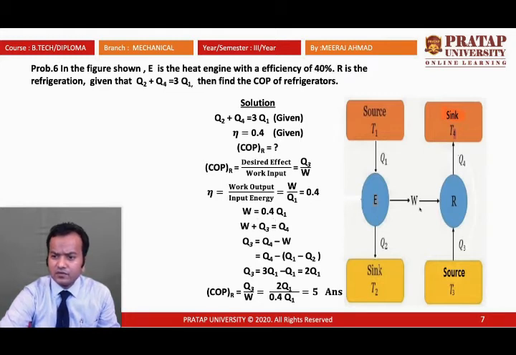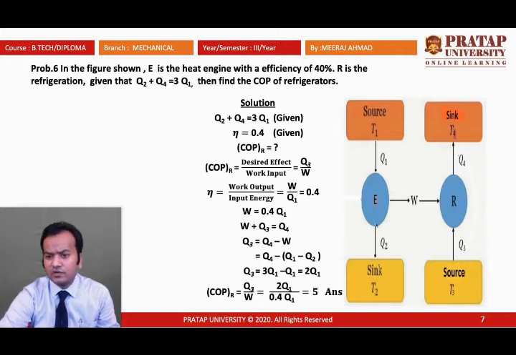Then the work input of the refrigerator can be written as, this is work input into the refrigerator, and this Q3 heat is input into the refrigerator, and the Q4 is outlet heat from the refrigerator. So Q3 plus W is equal to Q4, and this Q3 is equal to Q4 minus W,